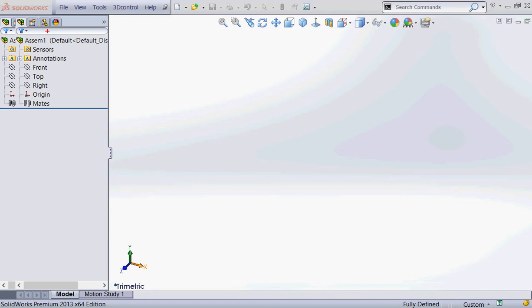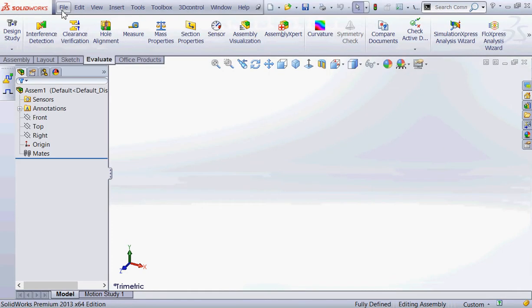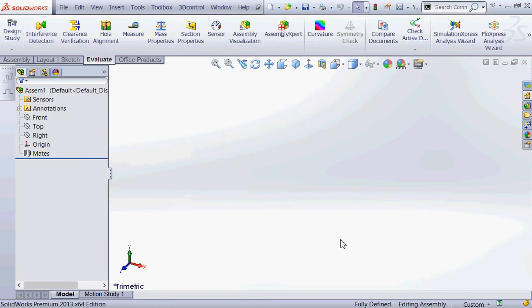Okay, so here's my assembly drawing when it opened up, and you'll notice it says assembly, and it still has the same reference planes top right that your part does. I'm going to just do a file save as and save it as a template, all right? So I'm going to X out of here, cancel out of there,